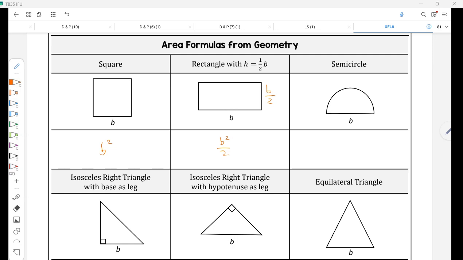A semicircle with a diameter of b. Do I want the diameter if I'm finding the area of the circle? No. I want the radius. So what's the radius of this semicircle? Yep. So if r is b over 2,